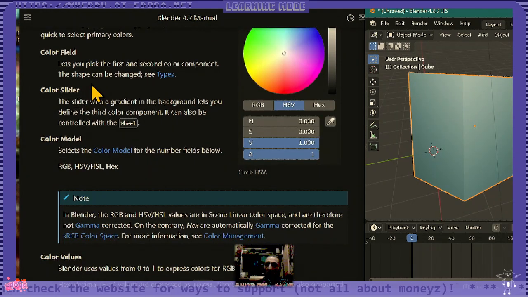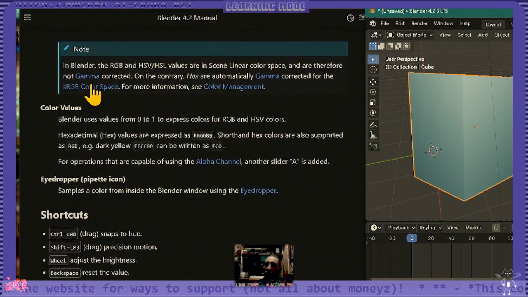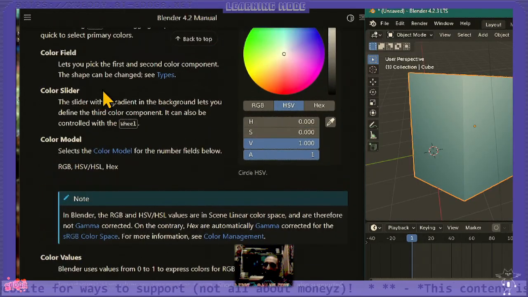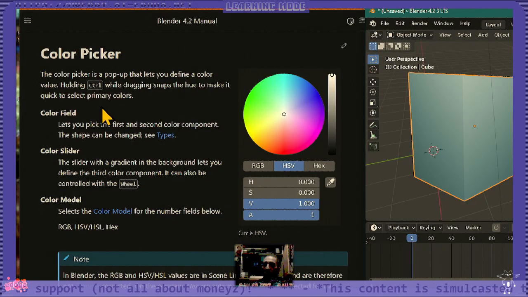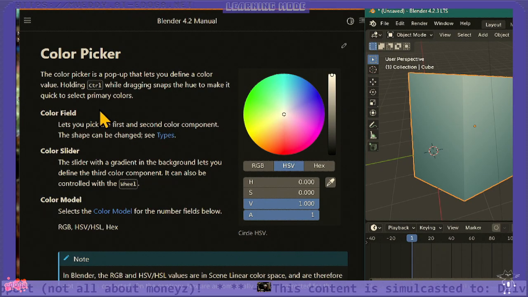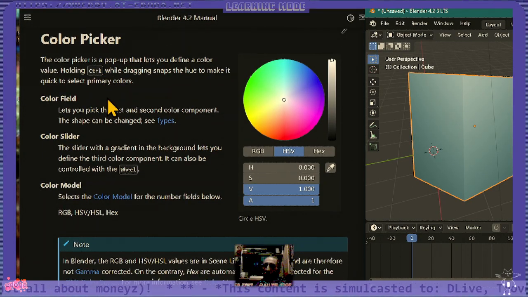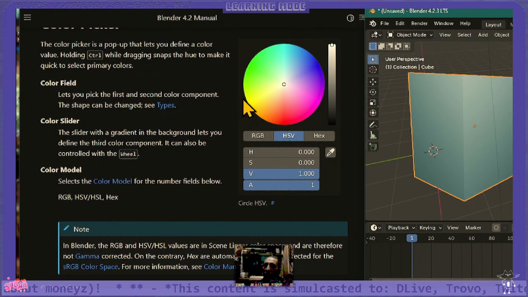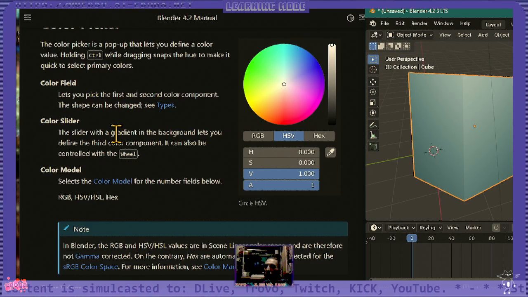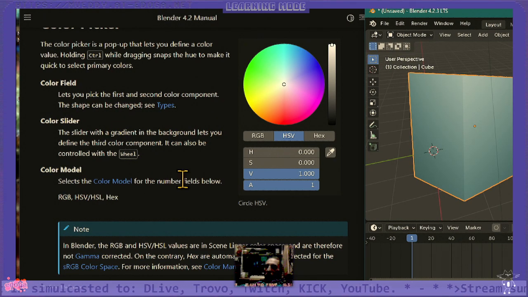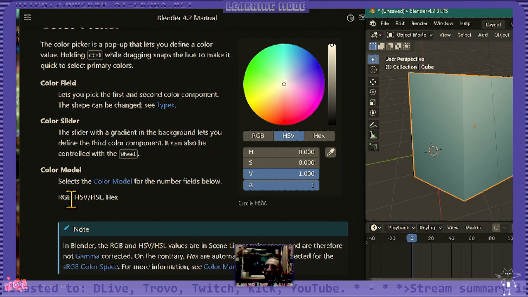Color field, and I started just scrolling quickly to this, but these are all super important bits. Color field, lets you pick the first and second color component. Color slider. Color model: RGB, HSV, HSL,